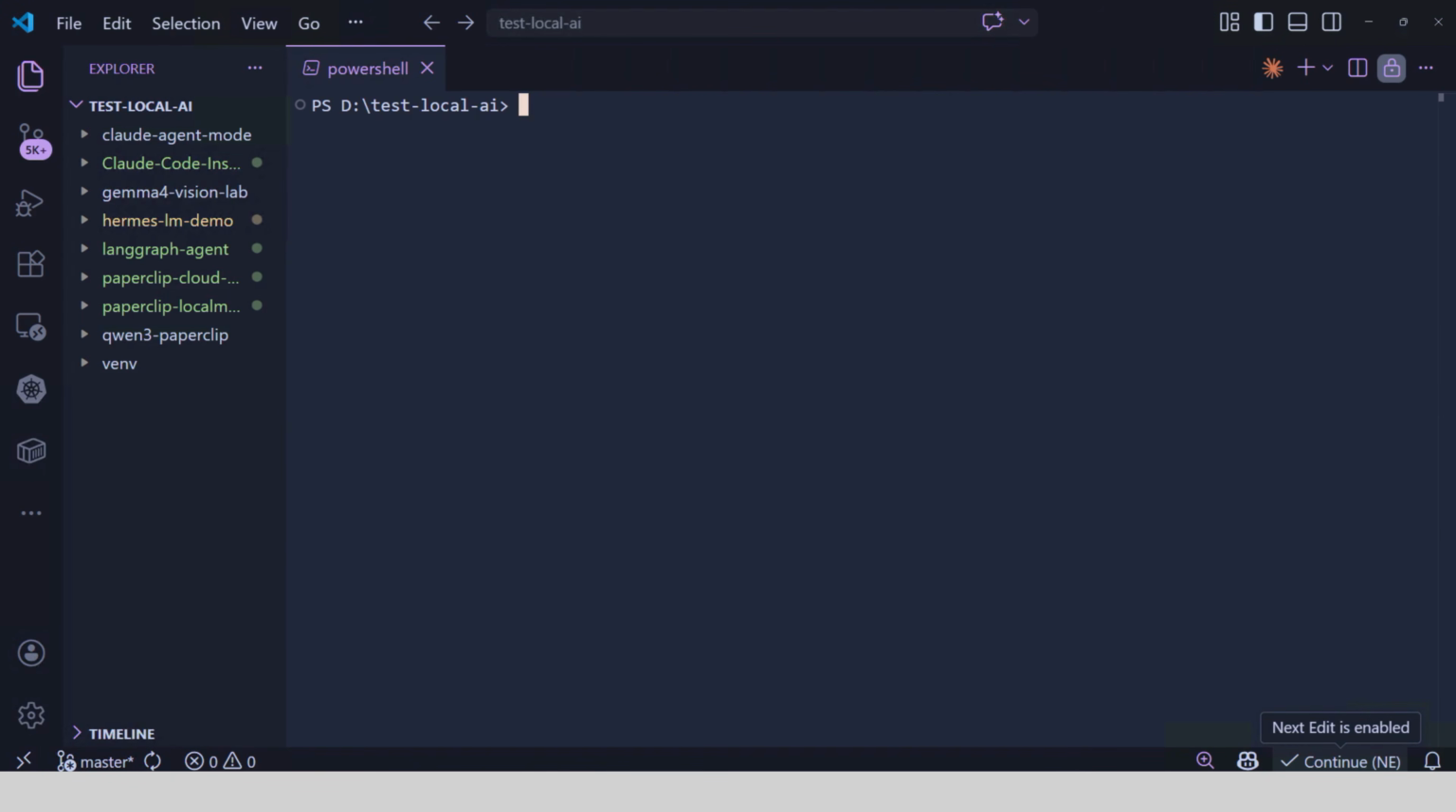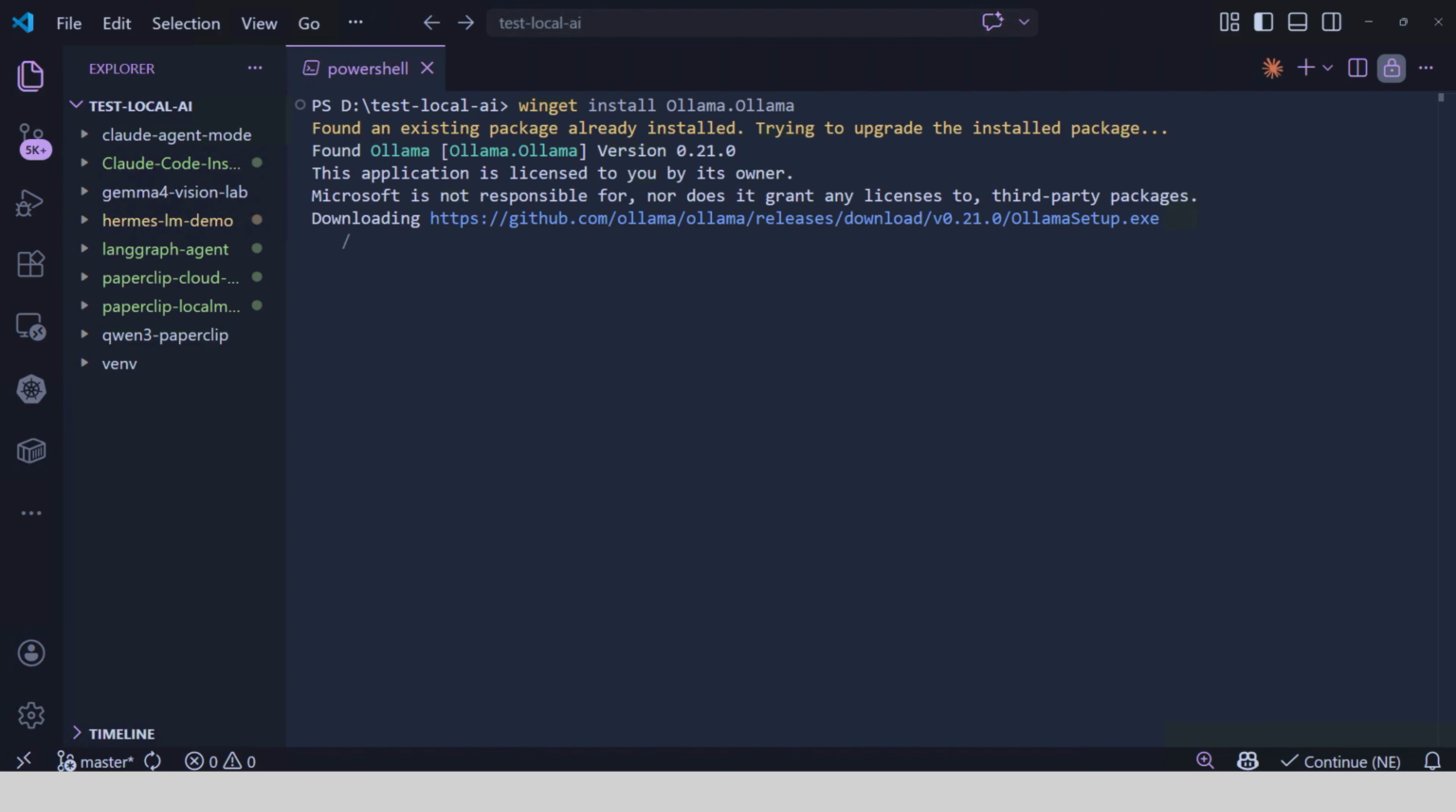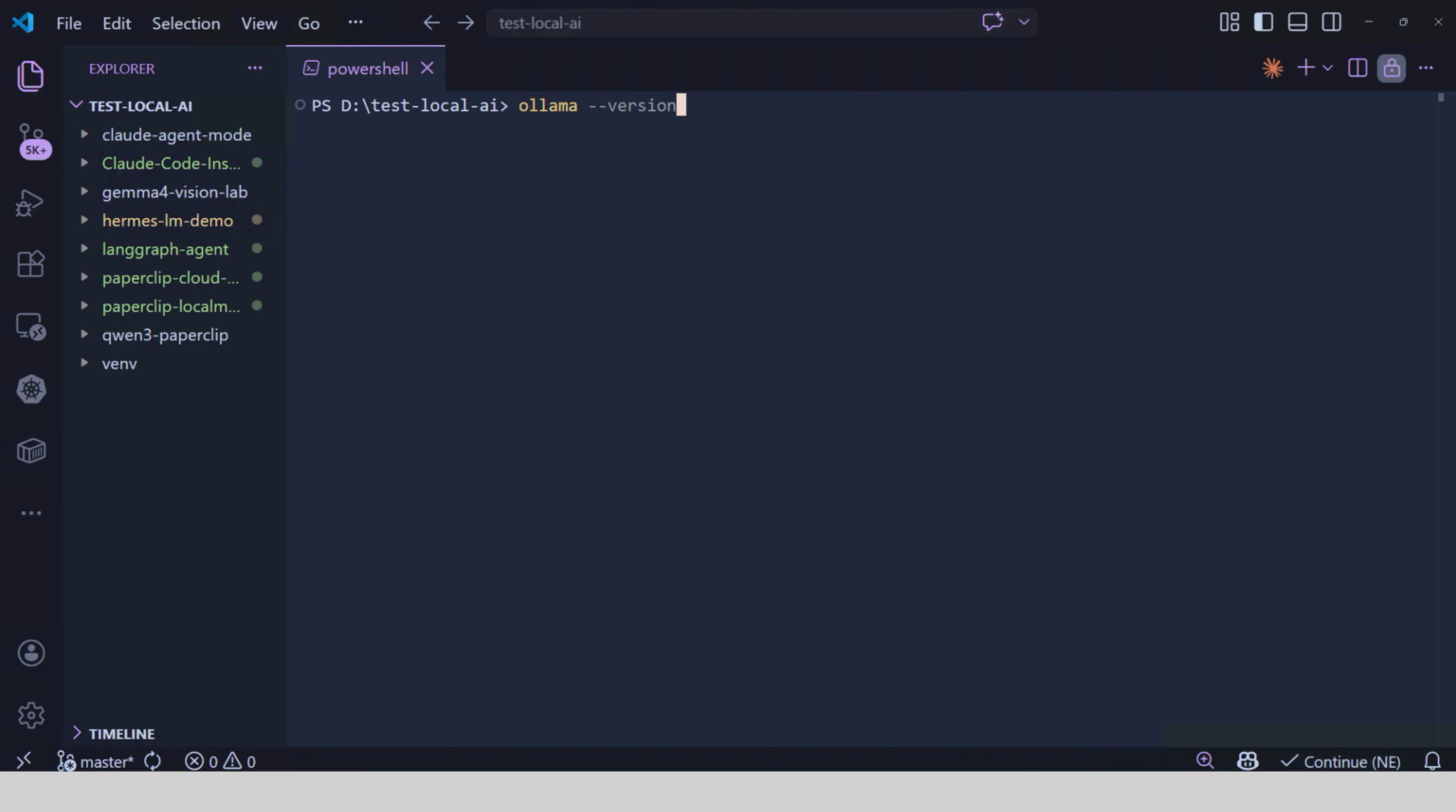Great, now the first step: let's open PowerShell and run this single command. This pulls the latest Ollama installer and runs it directly. No downloading exe files, no clicking through the installer. Once it finishes, verify it installed correctly. You should see the